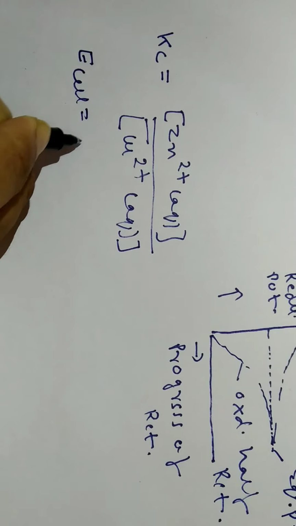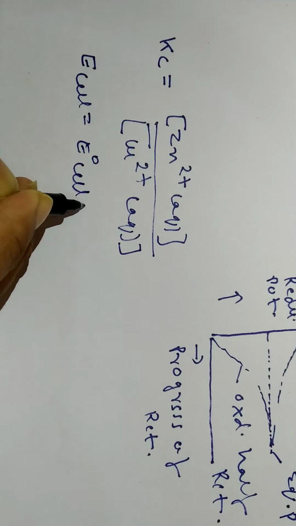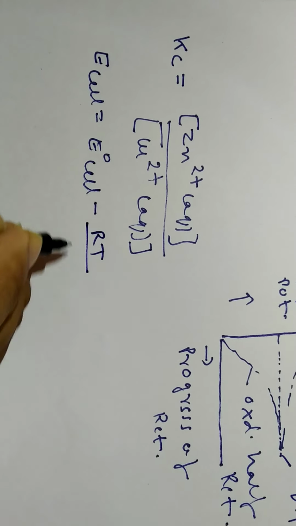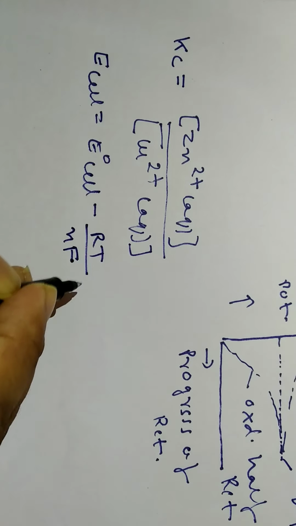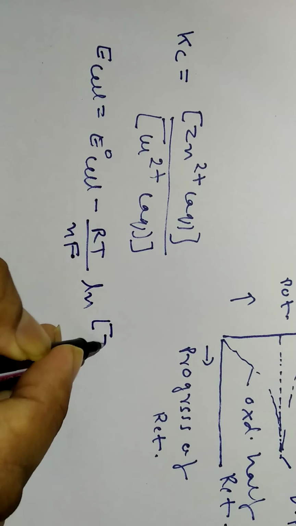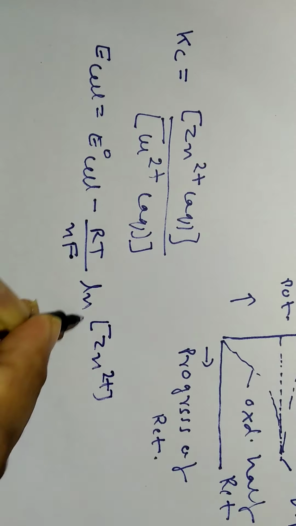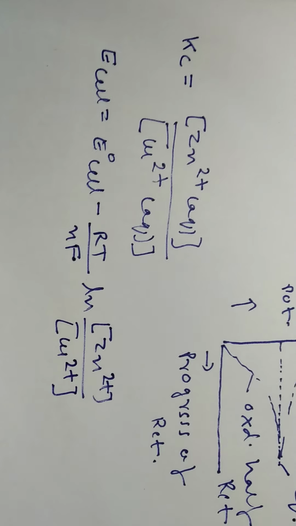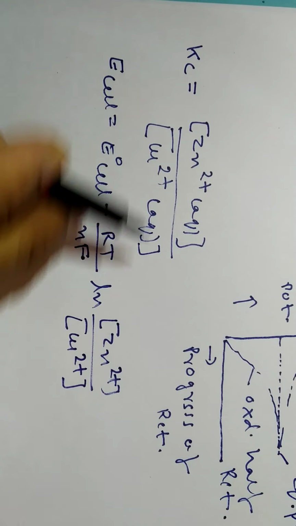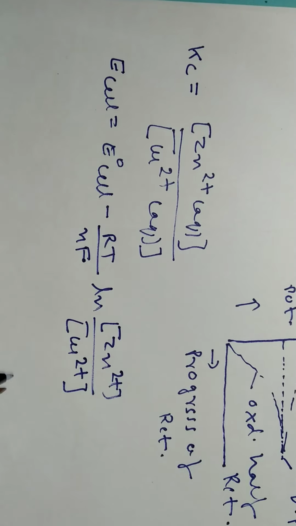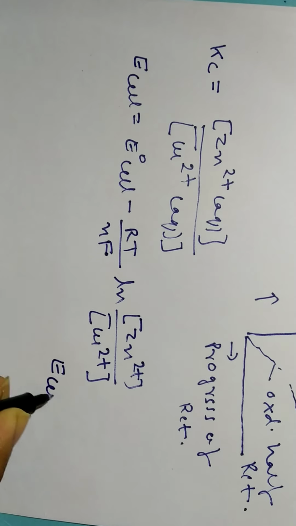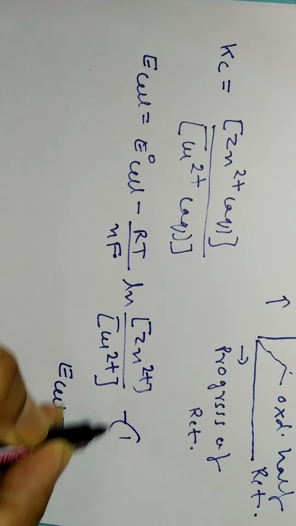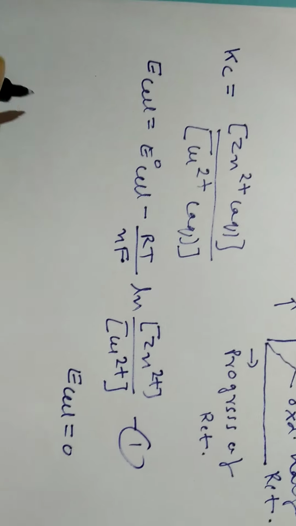E cell is equal to E naught cell minus RT upon nF log concentration of zinc ion upon concentration of copper ion. Okay. Since at equilibrium the value of E cell becomes 0, at equilibrium the value of E cell becomes 0. This can be modified, and the modified one can be written